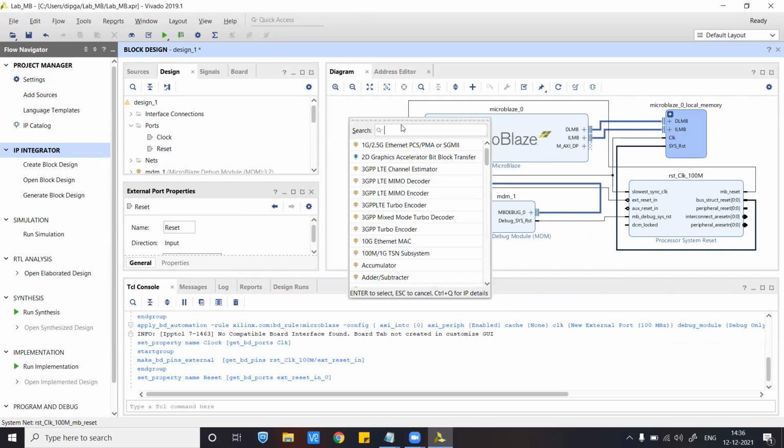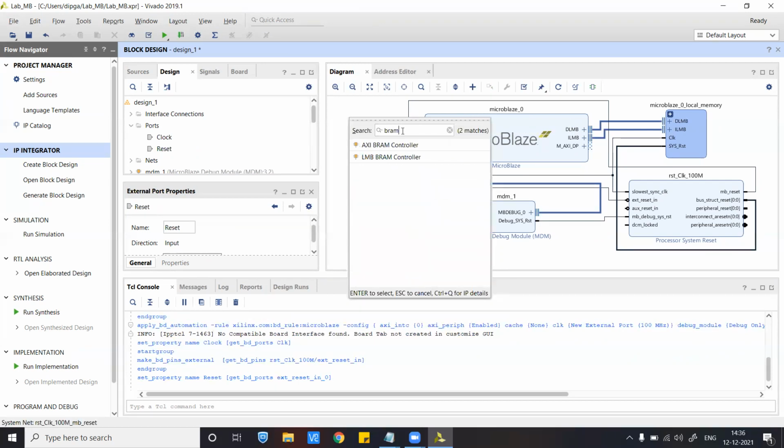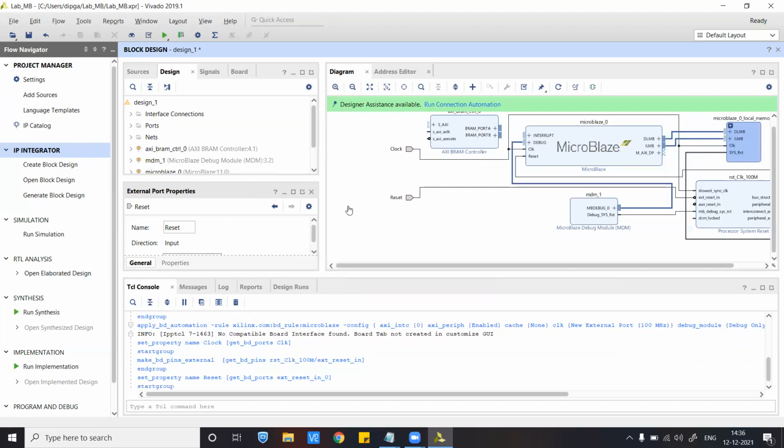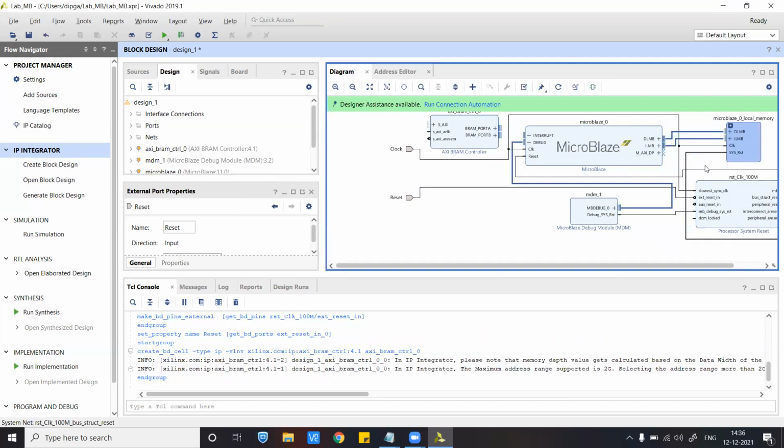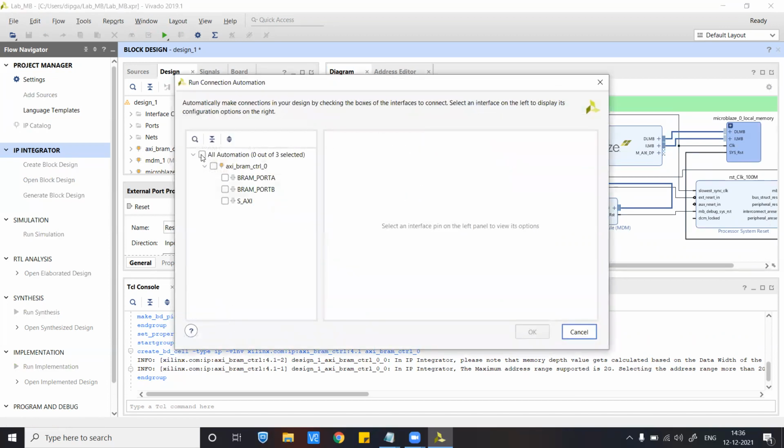Okay, so let's now add the BRAM IP. Okay, so this is the BRAM controller, and run all automation.